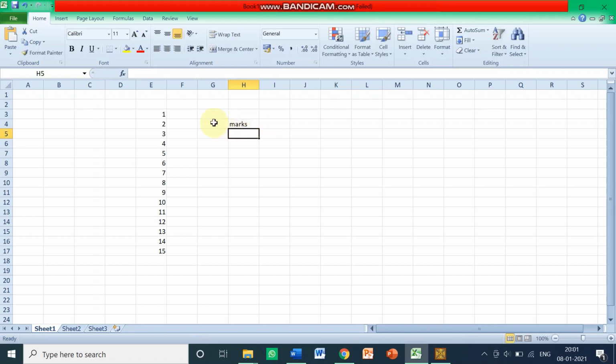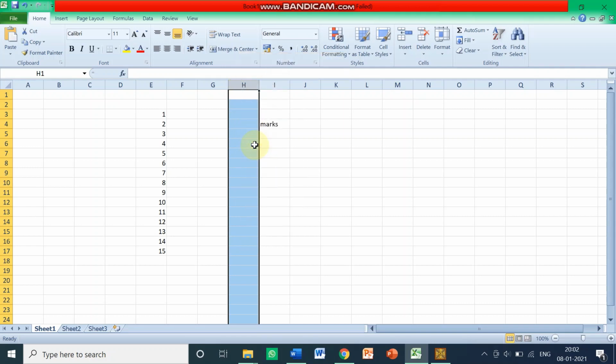Now she wants to insert one column in front of this, one column in right side and one in left hand side. So what she can do, just she can select this whole column by pressing the mouse button and then press the right mouse button and say insert. So you can see one column is inserted in the left hand side by default, because whenever you insert, it always insert in the left hand side first. Now she wants to insert the column in the right hand side also.